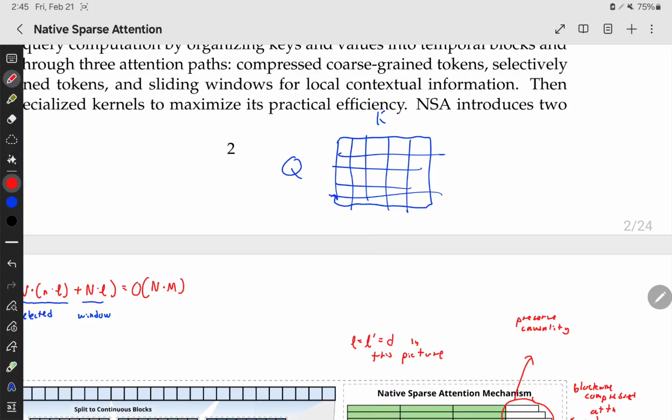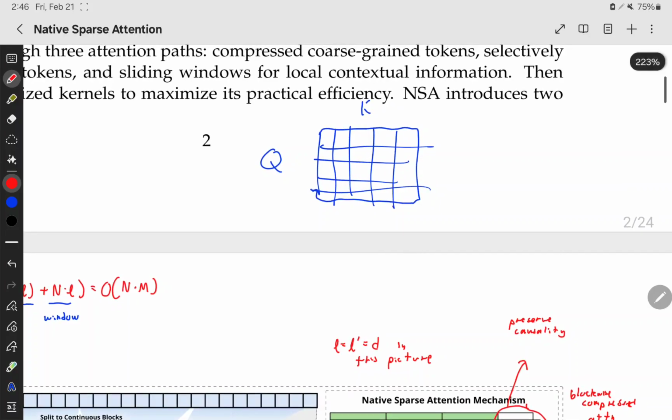The idea is, since we already have to block this matrix in some way to make an efficient kernel, why don't we start by saying, all right, we're going to formulate an algorithm that is blockwise so that when we actually have to implement this on a kernel, it will be efficient. I don't know if they started with the idea of a kernel and found an algorithm that fits that kernel, or started with a blockwise algorithm and implemented that on a kernel because blockwise algorithms are efficient on a kernel, rather than truly sparse attention,